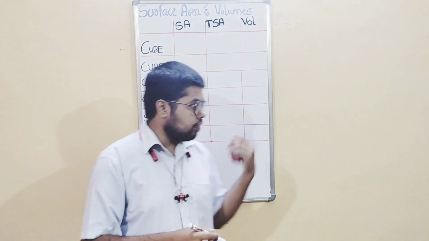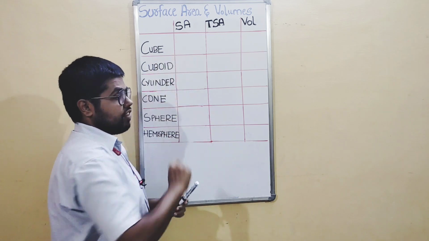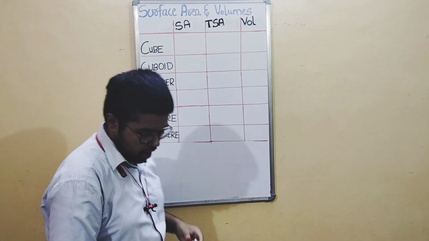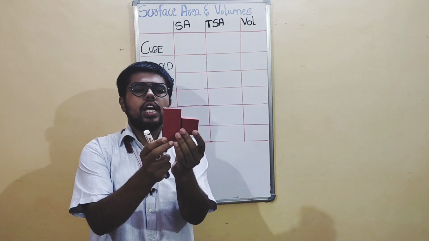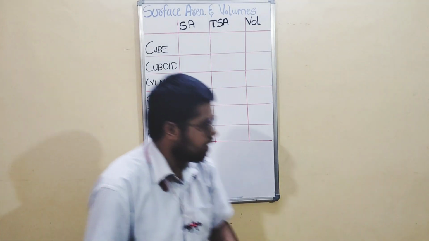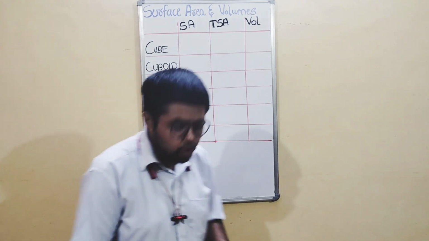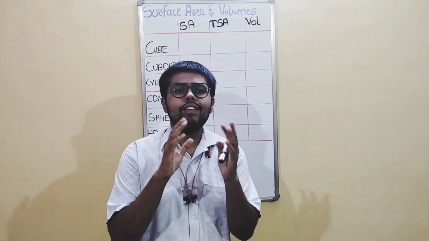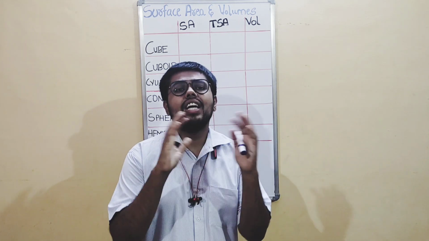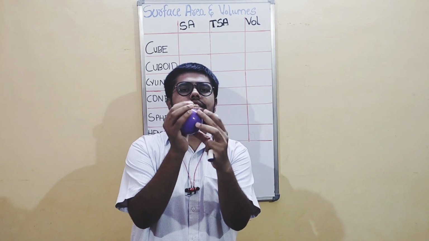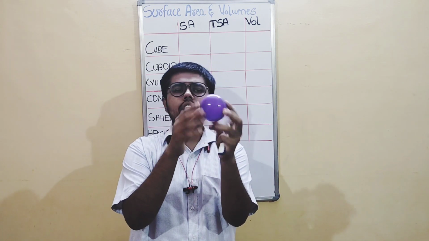Now, before going into the formula of lateral surface area, lateral surface area comes to only 2 shapes, cube and cuboid, okay? Because if you see here, it has lateral sides, there are edges here. But if you go to other shapes here, cylinder, cone, sphere and hemisphere, okay? I have those shapes here. Those do not have lateral surface area, they have curved surface area. See here, for example, I have a sphere. There are no corners, there are no edges here, right? It is all curved here.